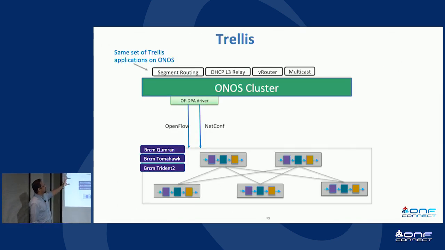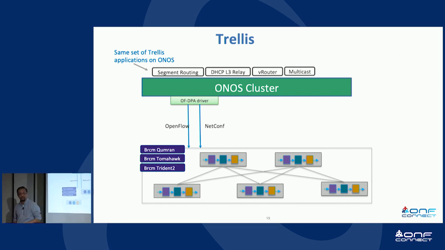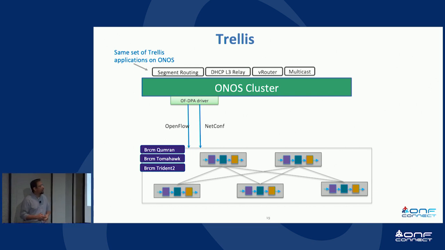So Trellis today looks like this, right? So you have your SDN controller with the services running on top. Again, very similar to the VOLTHA case where you have the SDN controller running with services on the top, and then managing the pipeline that is exposed on these ASICs in a leaf spine fabric configuration to bring out all the features that I had shown a couple of slides earlier. Now we have done a few other things with this.